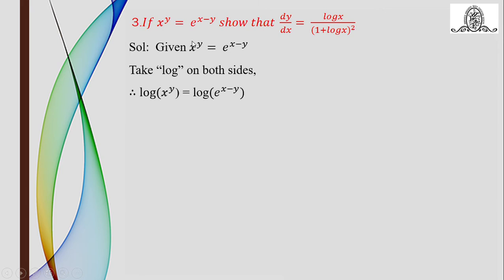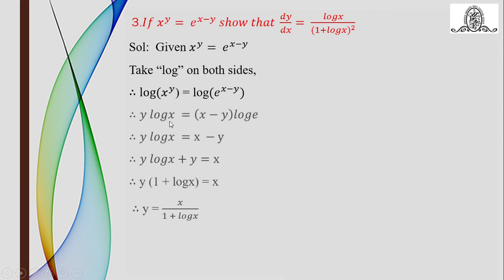So after taking logarithm there, take logarithm to the whole left hand side and also take logarithm to the whole right hand side. Obviously we have to take logarithm to both the sides, then only it will get balanced. So log of x raised to y can be simply rewritten, by using the rules of logarithm, we can shift that y down. Log of m raised to n is n log m. So y gets shifted down. So y into log x will be the left hand side. x minus y again gets shifted down. So (x minus y) into log e will be the right hand side. Simplification.